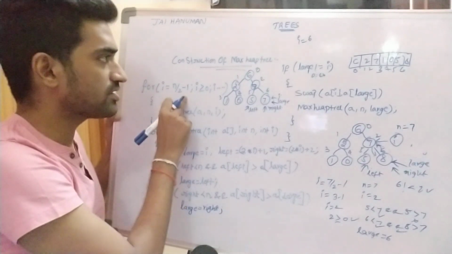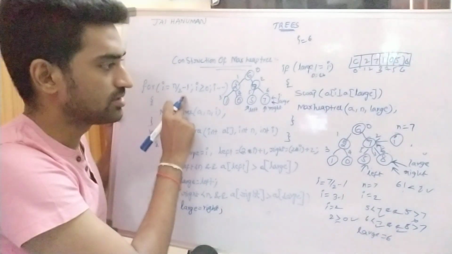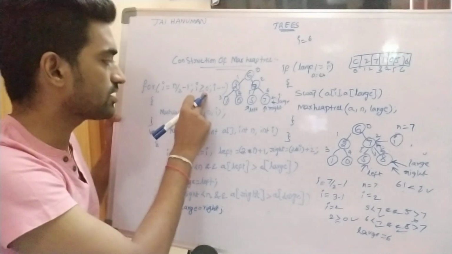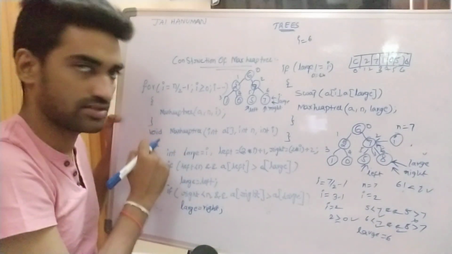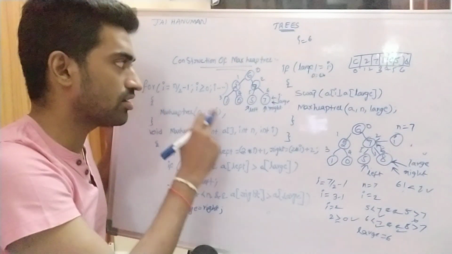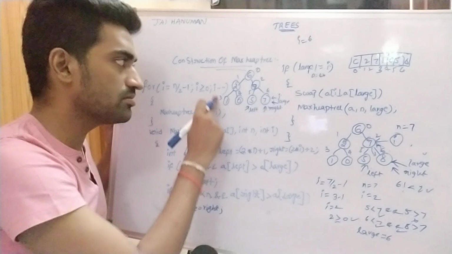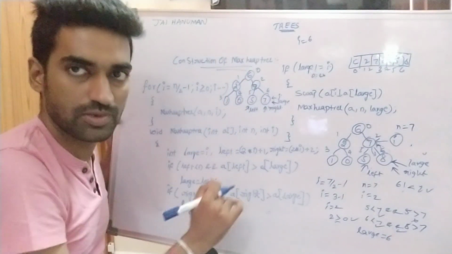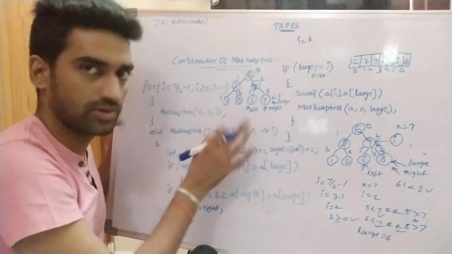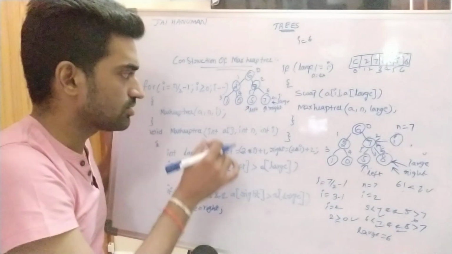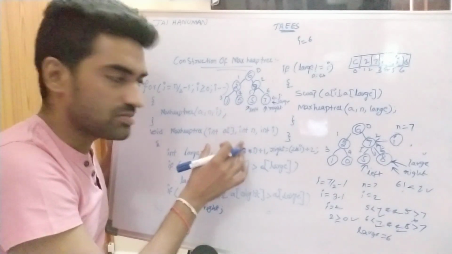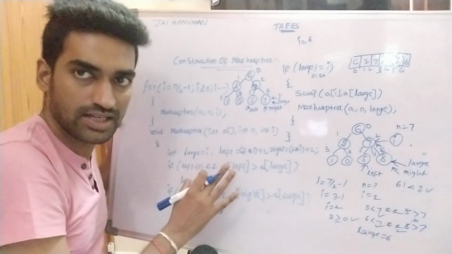Again I is decremented by 1. Now what is the value of I? So previously I value is 2. 2 minus 1, 1. 1 greater than or equal to 0. Again we are calling the process. So here the process is repetitively called until all the elements satisfy the maxi tree property, right? So this is the simple tracing for this code, right? So in next session we can trace in detail all the elements using this code, right?